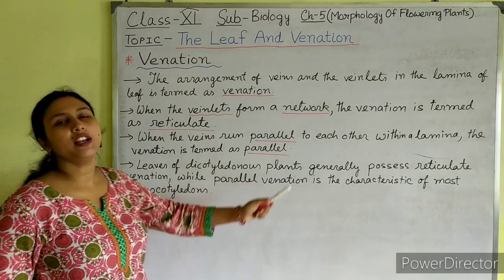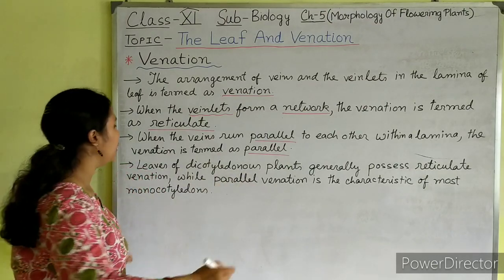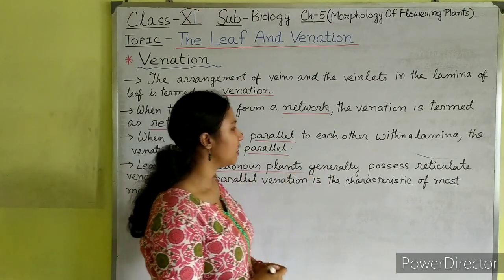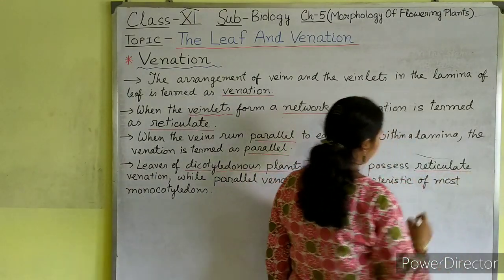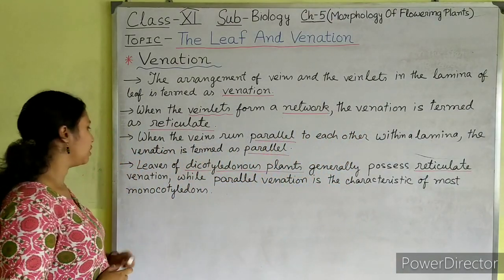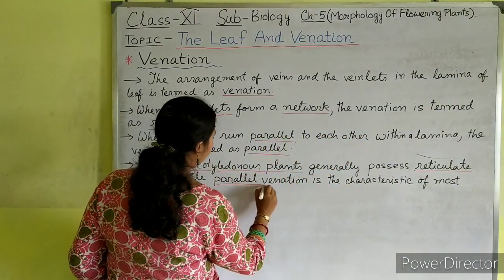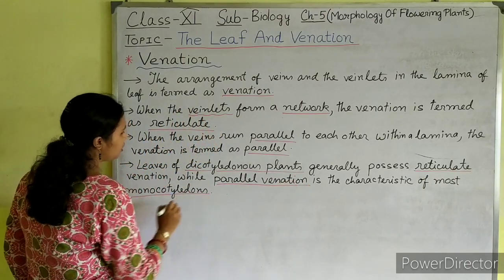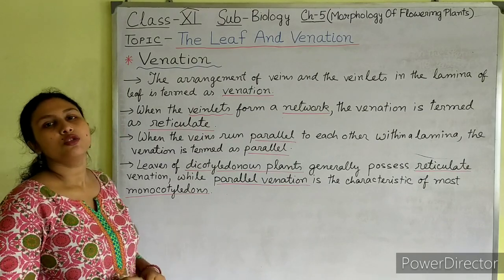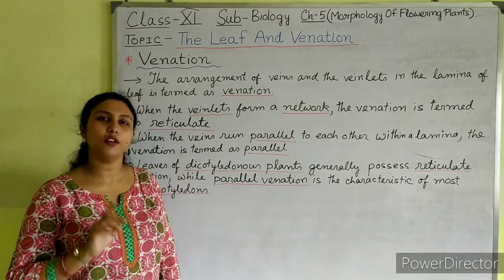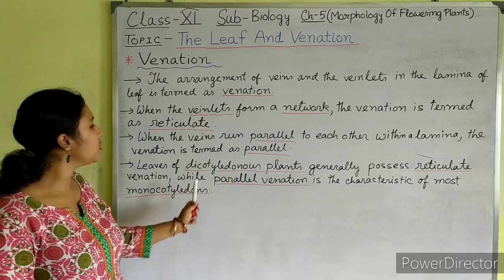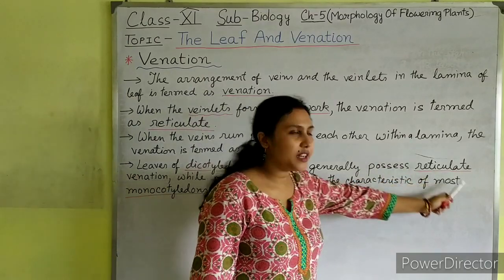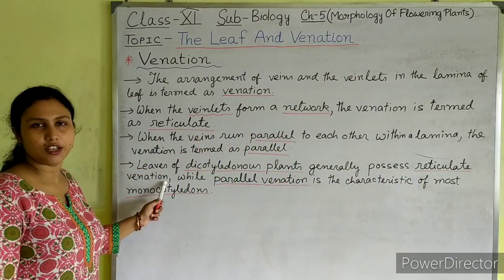Leaves of dicotyledonous plants generally possess reticulate venation, while parallel venation is the characteristic of most monocotyledonous plants. So students, this is a very important point. You should remember that leaves of dicotyledonous plants generally possess reticulate venation, while